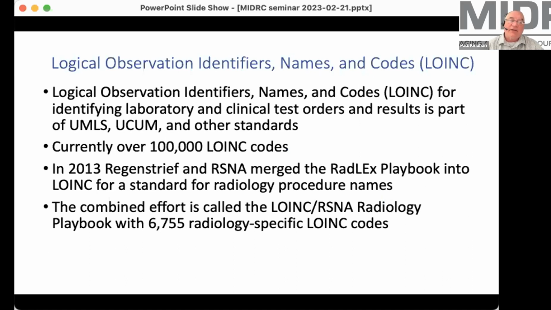Right now, I just checked and it has over 100,000 codes. These would be things like blood panel tests, serums, you name it. It's well structured, and it's incorporated into the HL7 framework, so it allows for both the ordering and reporting of diagnostic tests through the hospital networks. As I mentioned, there was this combination with the RSNA efforts. The subset specific to radiology has just over 6,700 radiology-specific LOINC codes, and I'll give an example of that here.